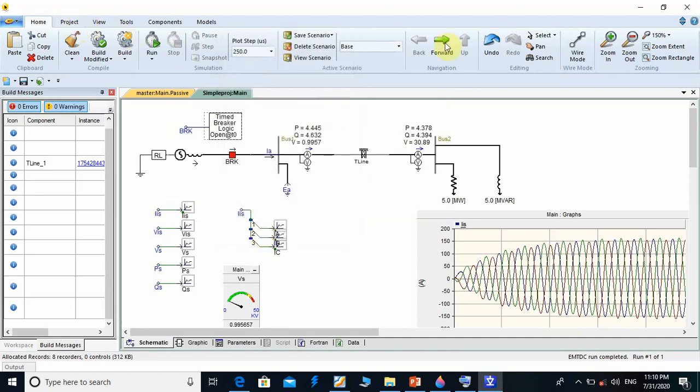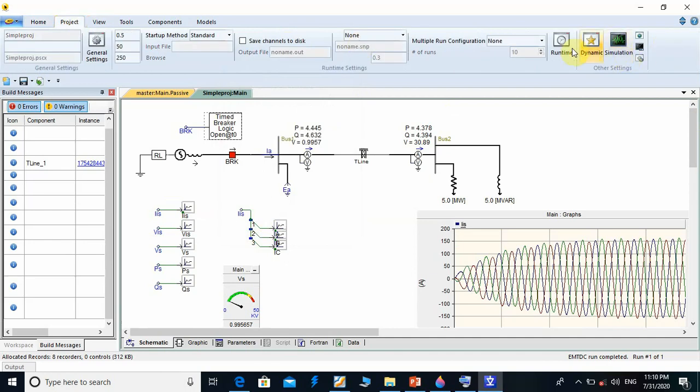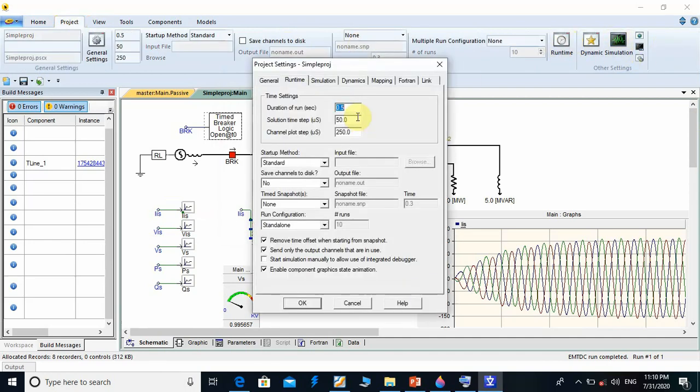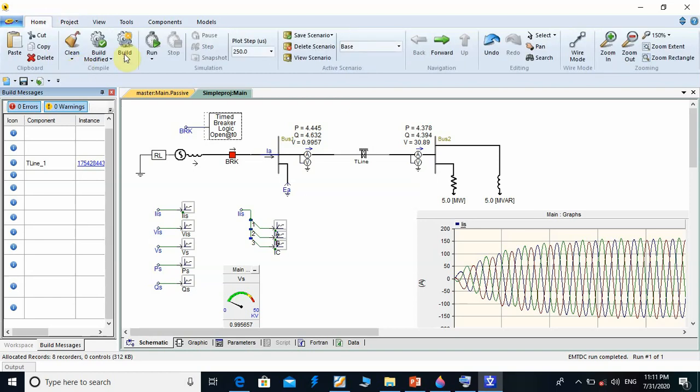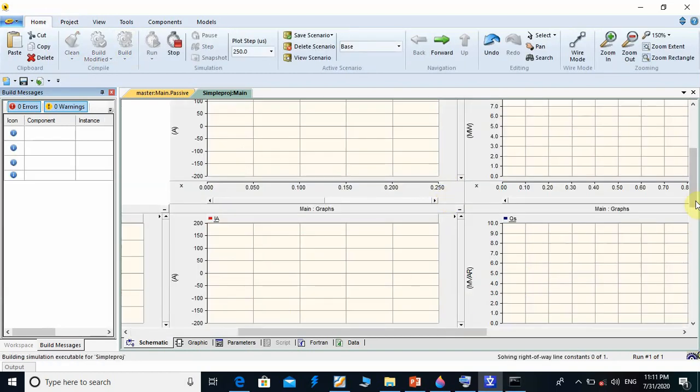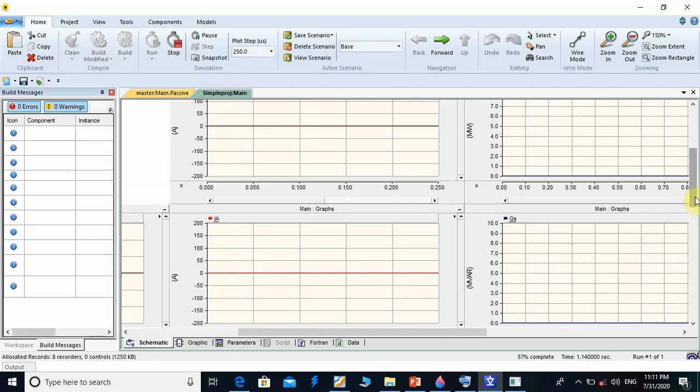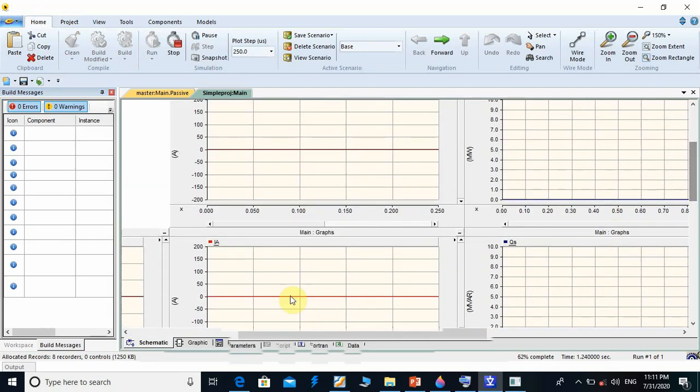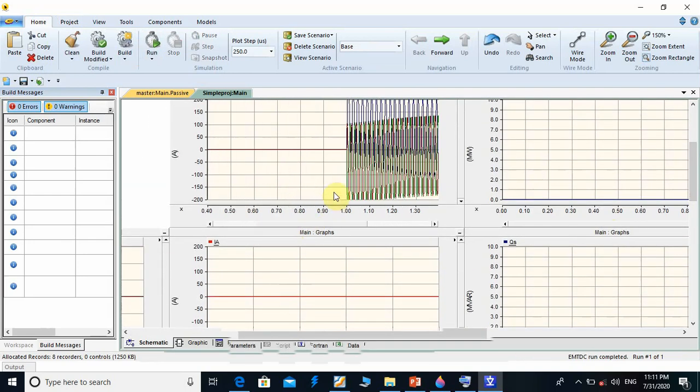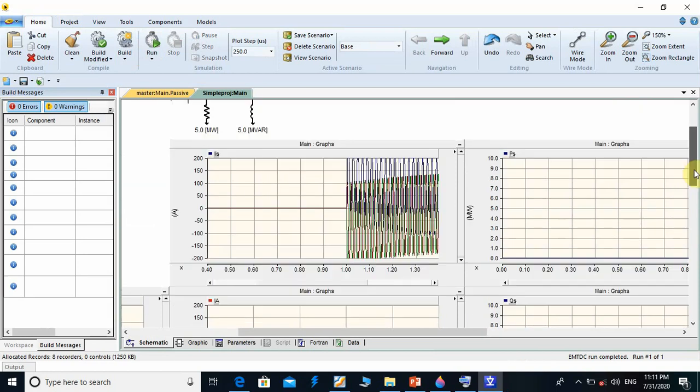Also here I have to go to project to runtime to specify runtime is about 2 seconds. Here go back and run. Yes, at 1 second we get